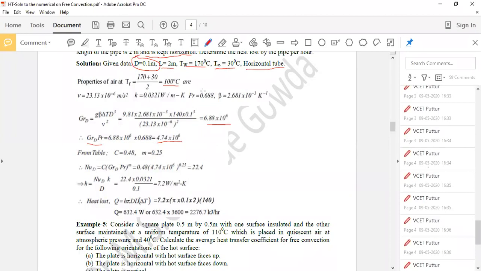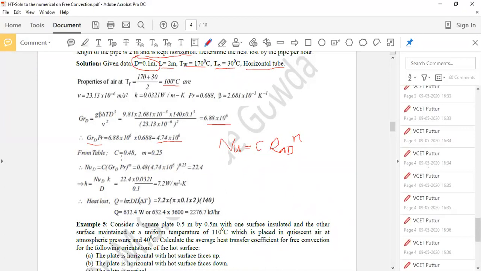Now in the correlation, Nu is equal to C into Ra_D to the power of n. Corresponding to this product of Gr_D and Pr, that is the Rayleigh number,